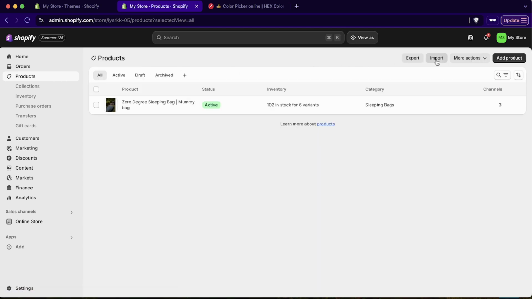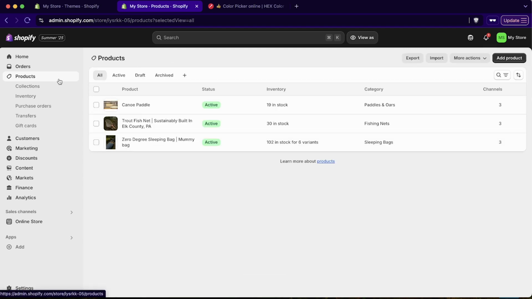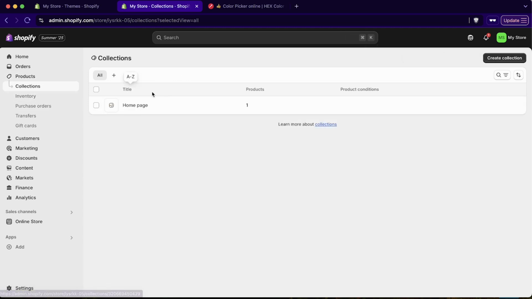Let's go back to products. I'm going to kind of breeze through this. I think you guys get the idea of how to add a product. I'm going to add 2 more just so we have some more products on here. Now I've got 3 simple products here. We're gonna go and make a collection. So if I click on collections on the left side, we have one that's kind of automatically added called homepage,